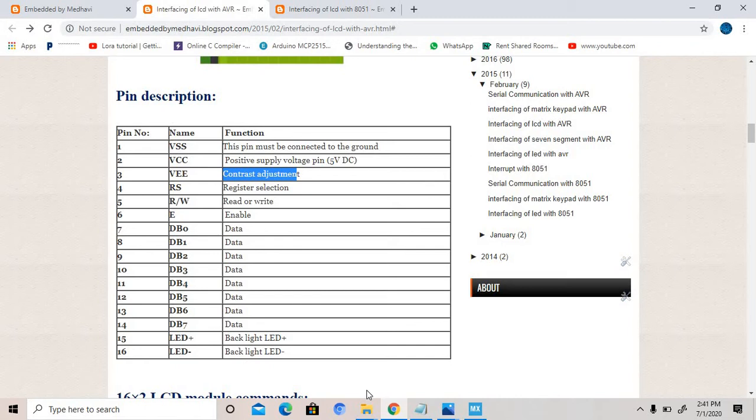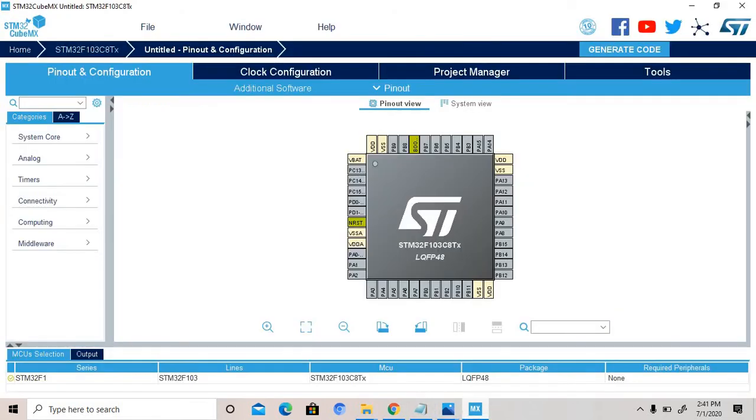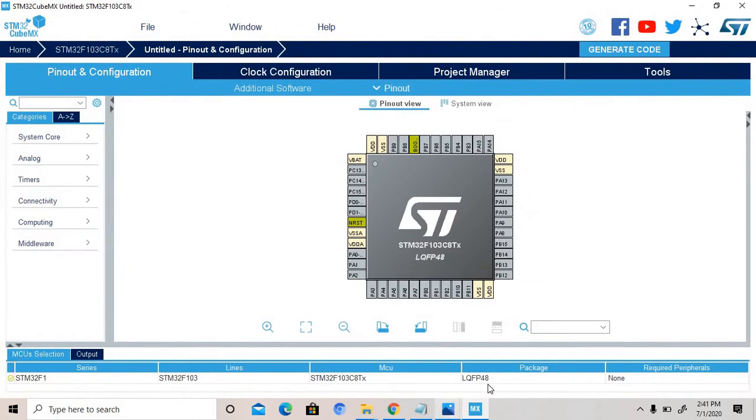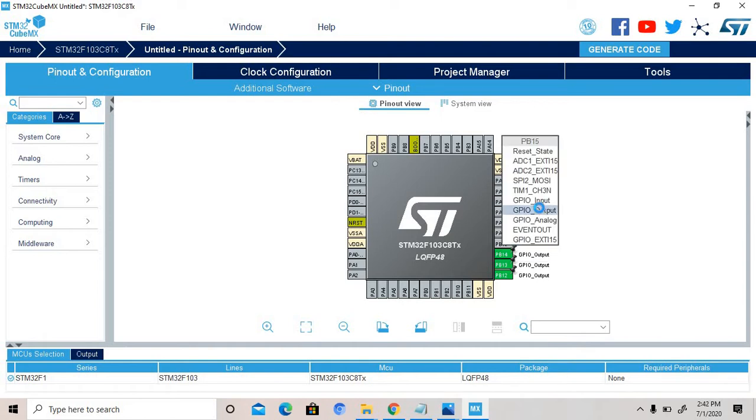Okay. So we have to first work on the 8-bit mode. So 8 data lines are there, and this RS and this one is enable, and RW is connected with ground. So LCD is an output device, so we make these pins output. 8 pins, 1, 2, 3, 4.